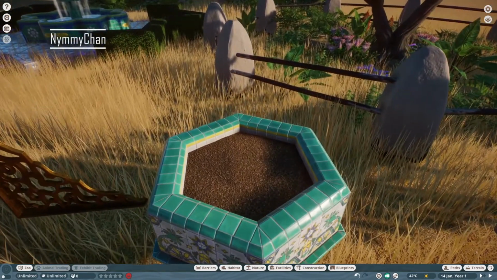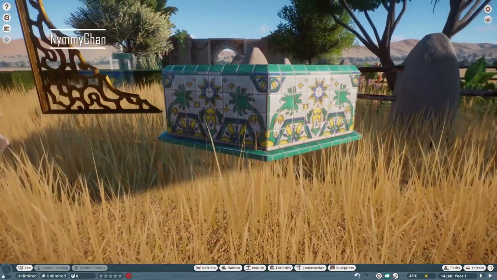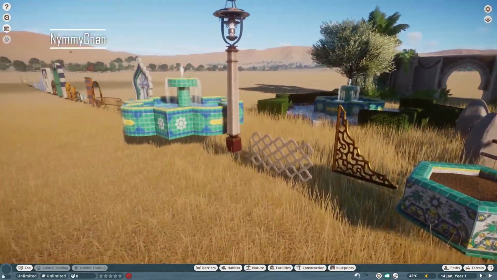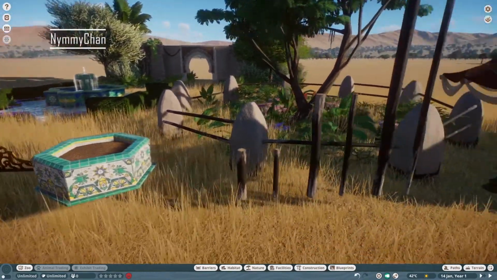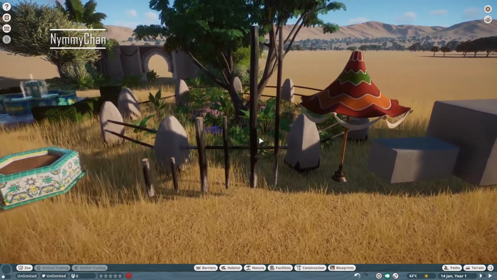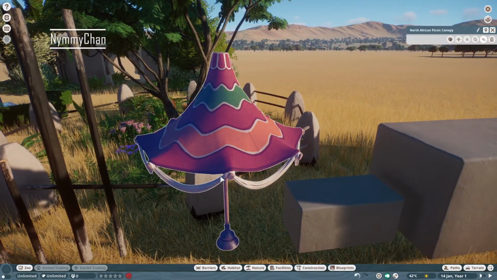So apologies in advance. Also, let me know in the comments down below. Should I make a separate zoo for all these items or not? I'm not quite sure. This thing, like a planter, I love it. And you have all these different types of woods, which I absolutely love. You have this little umbrella